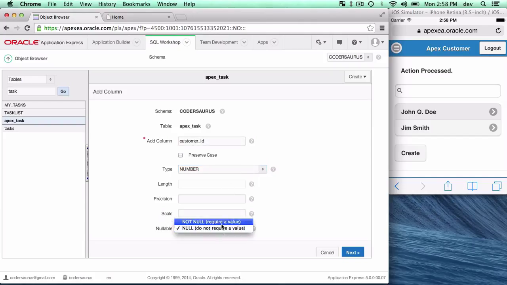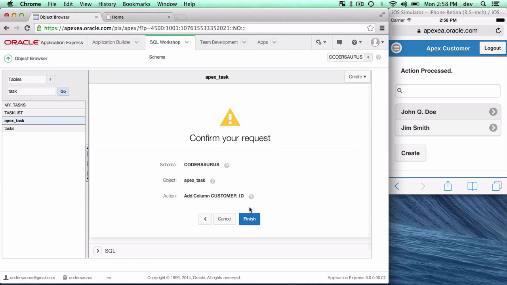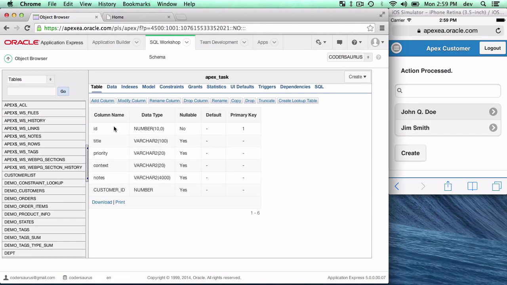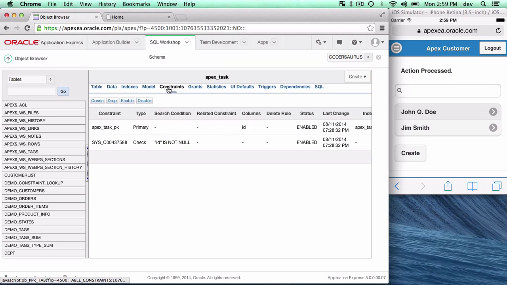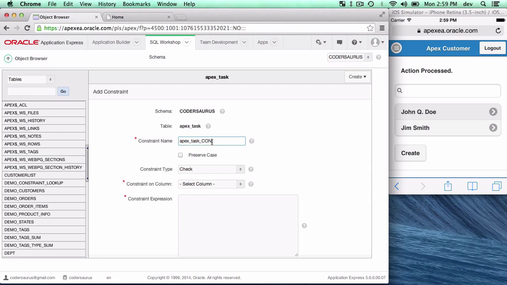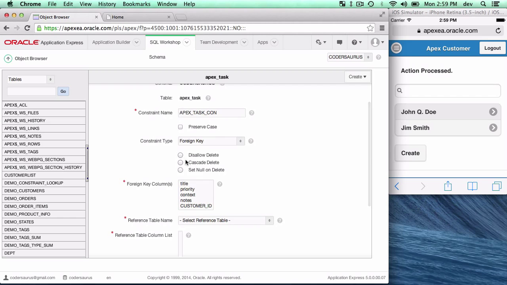And we'll leave it like that. Okay, so we've added our customer ID field. Now, normally I would add a foreign key. And yeah, let's go ahead and do that. Let's create a foreign key constraint that basically says our customer ID, and I didn't,